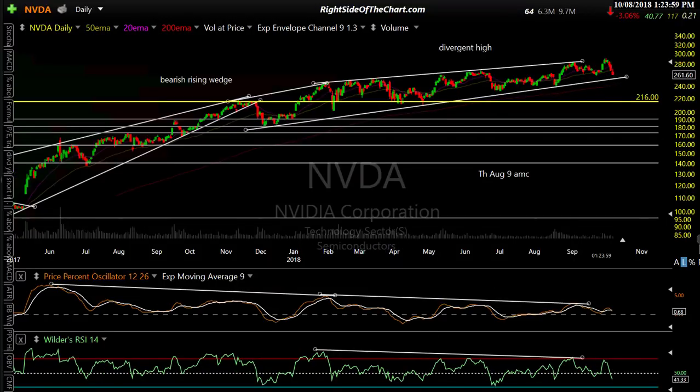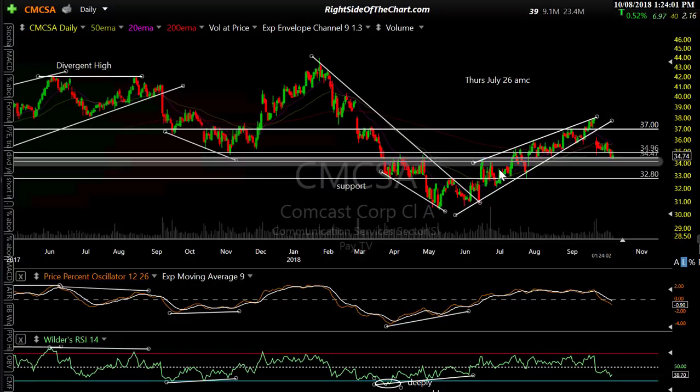NVIDIA is still above this trend line here. Comcast was bullish here, the bullish falling wedge. I highlighted that breakout backtest. It had a nice rally, went up to that 37-ish target slash resistance, a little bit above there, but you